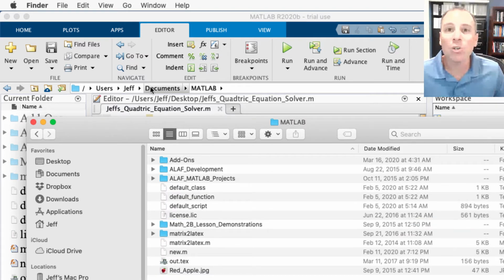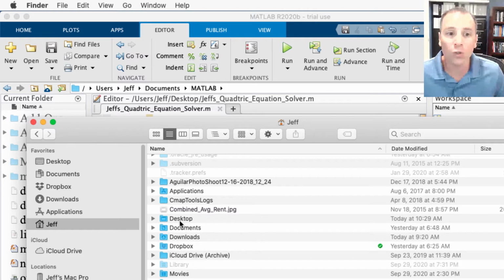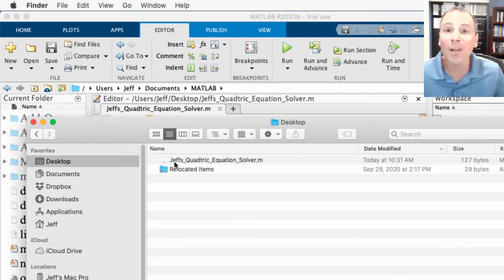Basically, MATLAB is going to be looking for this script that I've written, Jeff's quadratic equation solver, in this folder. However, we notice at the top in the editor window that the file I want to run is not in this directory. It's actually in Jeff, then Desktop, and lo and behold, there's the actual script file.